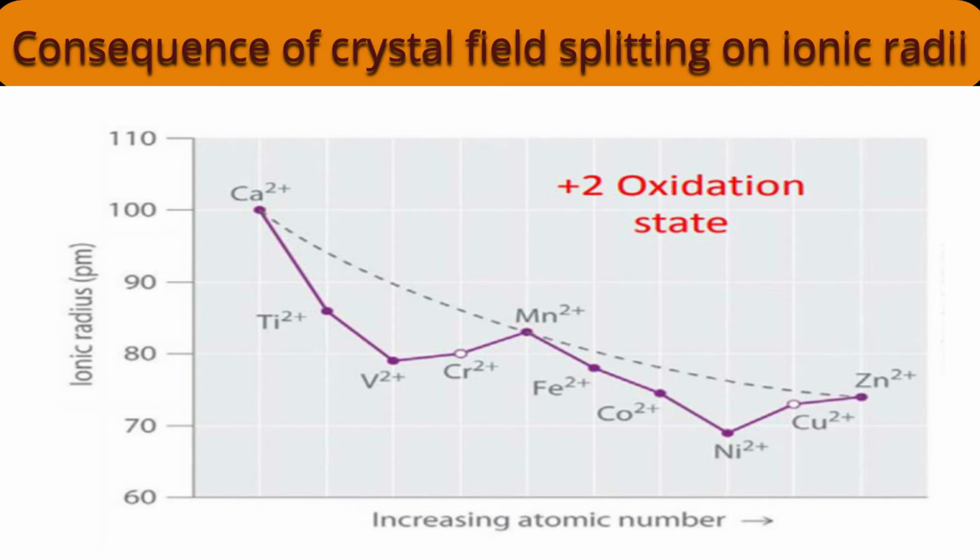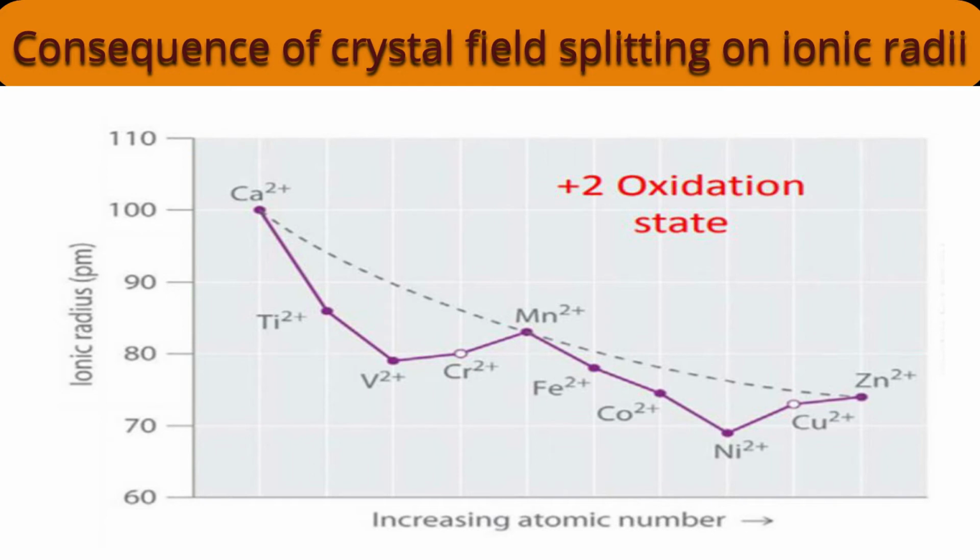After Fe+2, next is cobalt+2, a d7 system with electronic configuration t2g5 eg2, with the second electron in the t2g orbital. Compared to Mn+2, the size decreases further because the nuclear charge is increasing and the d electrons are not going to oppose the ligands approaching closer, and because of that their sizes are less. The same case happened for cobalt+2. Cobalt+2 is smaller than Fe+2.